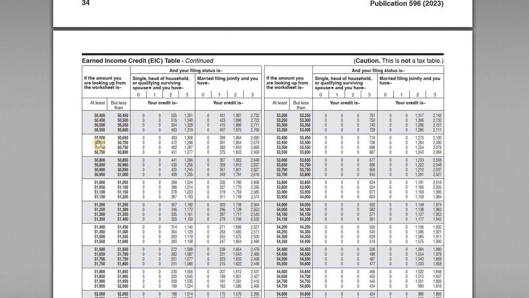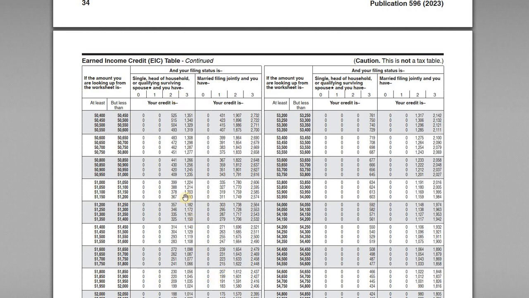So $50,600 to $50,650, right? And then we can see we're working in this column. We have single, head of household, or qualifying survivor. So we've got $50,600, and we move over to column 2, right? So number 2 means 2 qualifying children. And so the value that we see there is $483. Okay, so she gets a credit of $483 initially based on head of household, this level of income, and